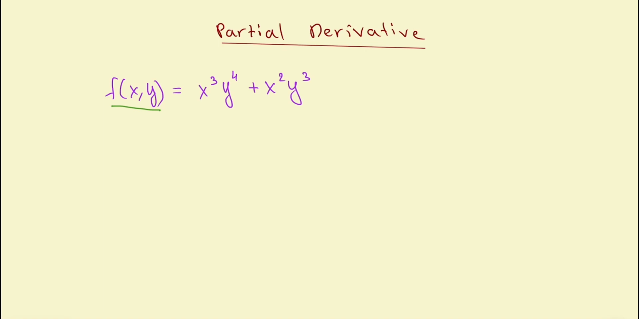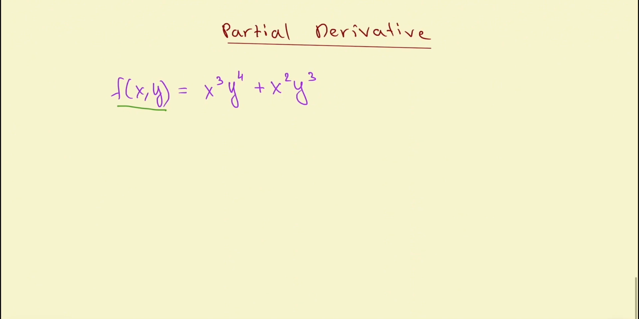Now we're trying to find the rate of change of this function with respect to one of the variables while keeping the other variables constant. This is where partial derivatives come into play. So in this case, we're trying to find the derivative of this function with respect to x. This would equal